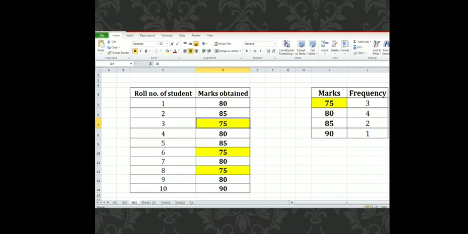Let's see. At first, let's see the marks 75. The frequency table shows the frequency 3 for 75 marks. In table 1, roll number 3, roll number 6 and roll number 8 have 75 marks, meaning 3 students have obtained 75 marks.